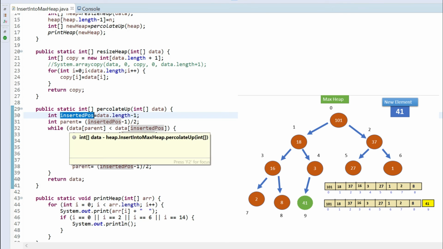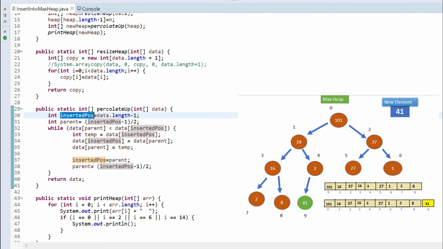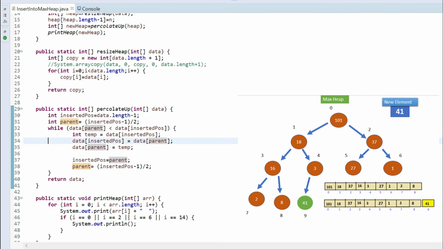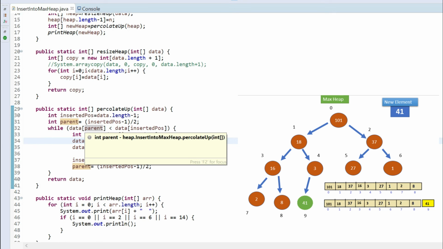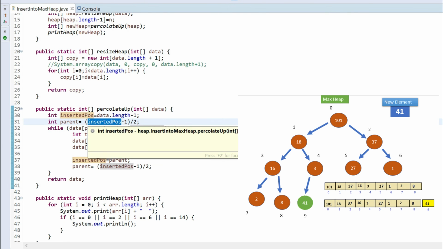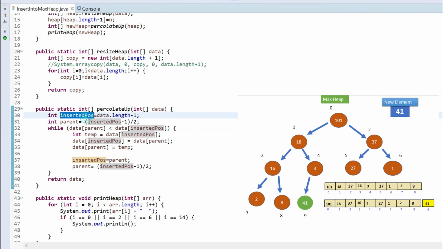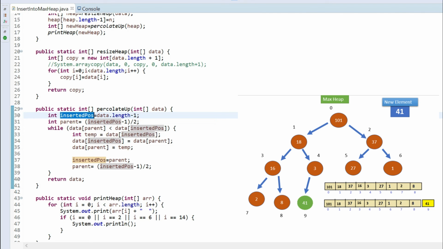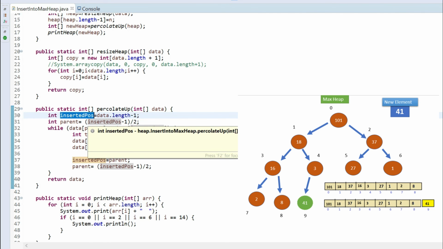And if I have to calculate its parent node, the general formula is (i minus 1) by 2. So in our example it is inserted at the ninth position, then the calculation comes as 4, so 4 is the parent of this newly inserted node.